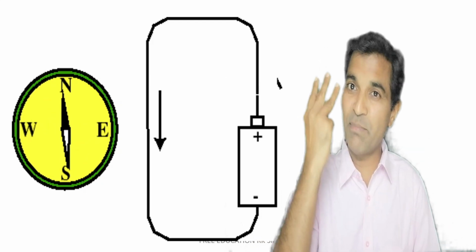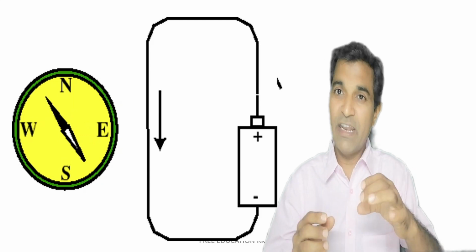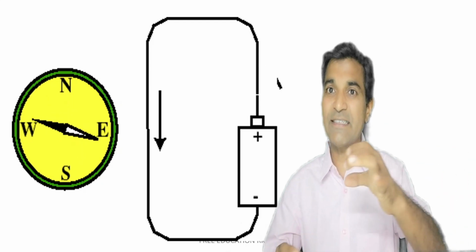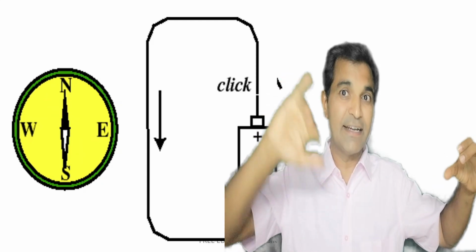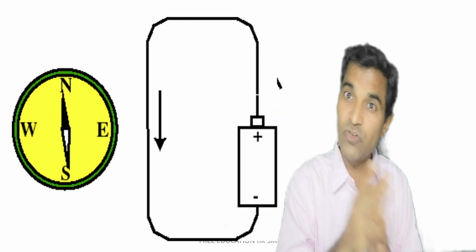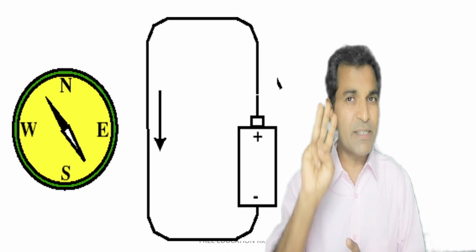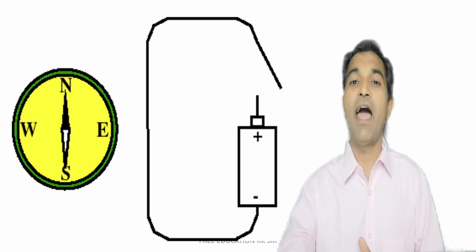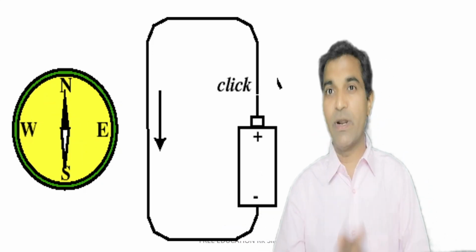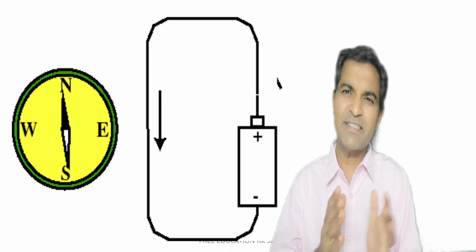And observation number 3, whenever we start dragging the magnetic needle away from the current carrying conductor, the deflection used to decrease. So these were the 3 observations that were made by Ørsted in 1820, and he concluded that the very simple